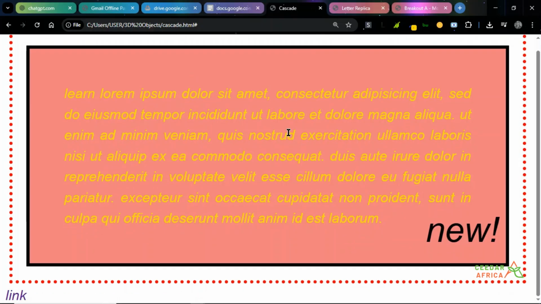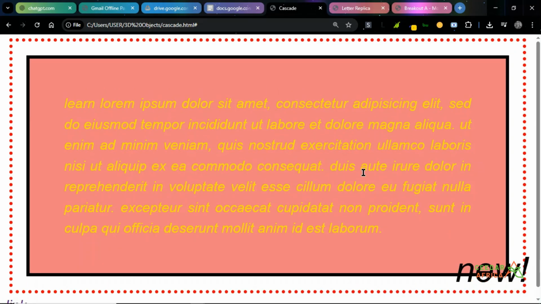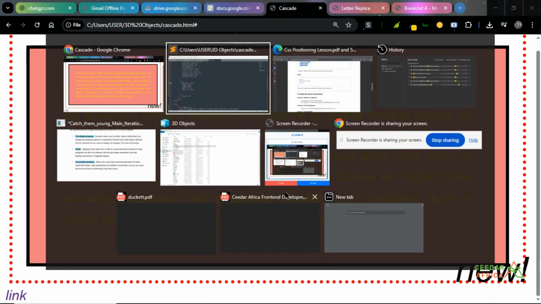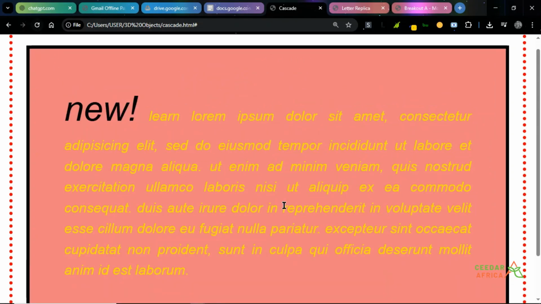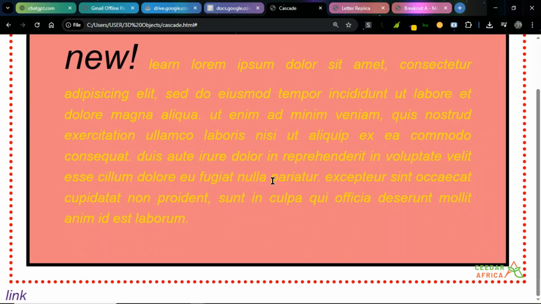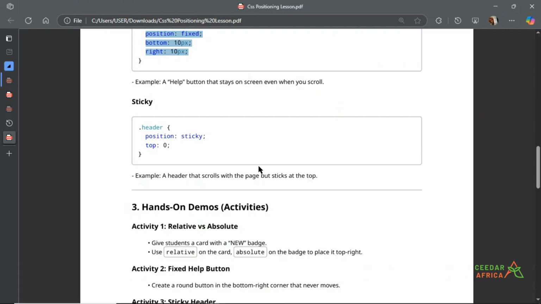So no matter how much we scroll or how much we move on this page, it will always be here. That's the advantage of fixed. While for sticky is a bit different. It moves but then it sticks to the top. That's the thing with sticky, and it doesn't